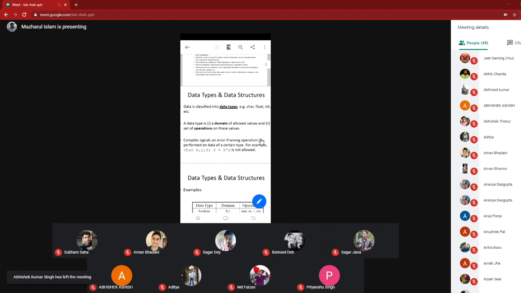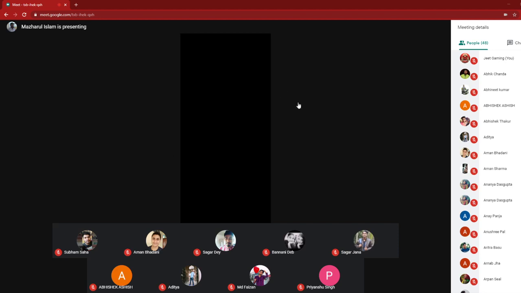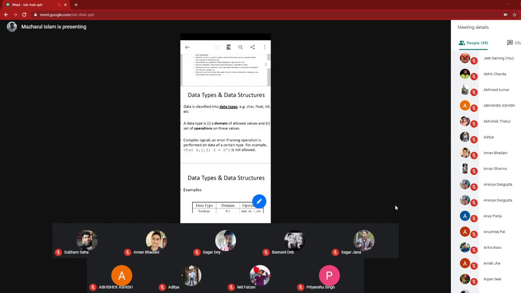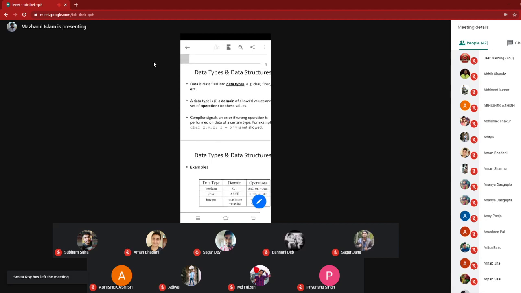Integer is a kind of data, float is a kind of data, character is a kind of data. So data, which is raw and unorganized, is intelligently classified into many data types: float, integer, or char.